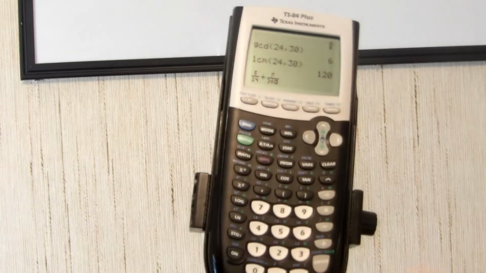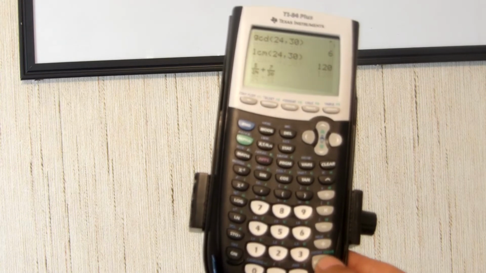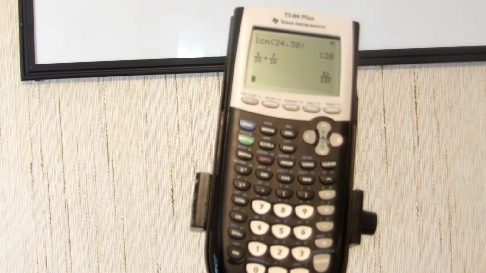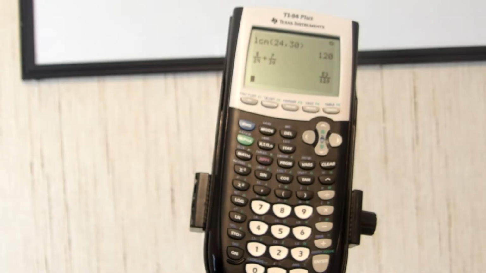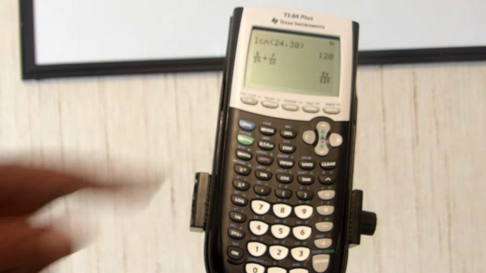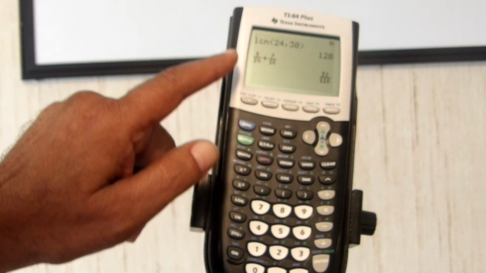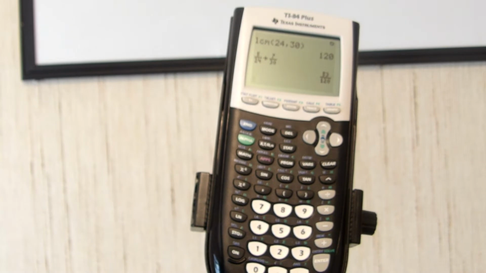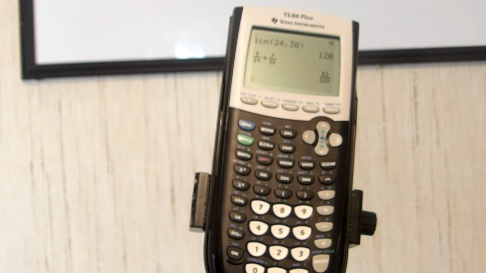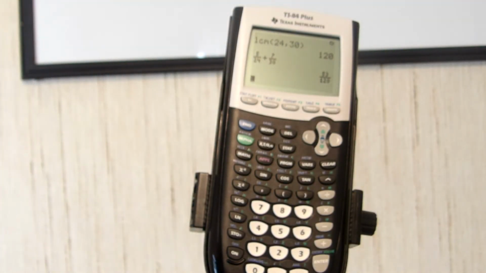Here we have to find the LCM. The LCM of 24 and 30, we get 120. So what it does is say the LCM of these two numbers is 120, but we could do some other way. If you multiply 24 by 30, it's going to be 720. Okay, and then 720 divided by 24 is going to be 30. 30 times 5. Okay, we can write it in this way,